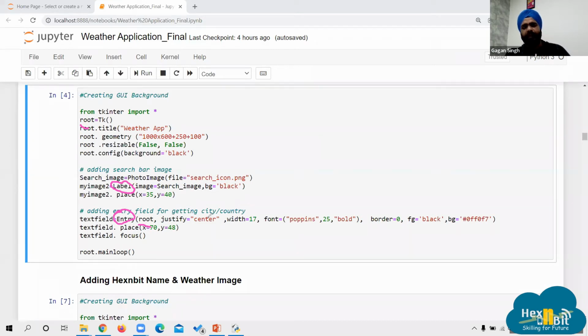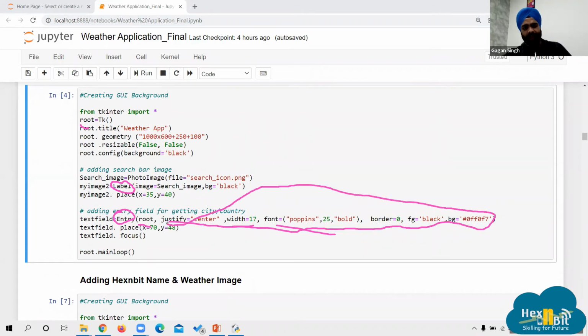Justify equals to center means we want the cursor to be in the center. Width, font, what sort of font you want. If you want, you can use them. All these options are for editing. You don't need to write them. If you don't write them, it will use the normal default appearance.